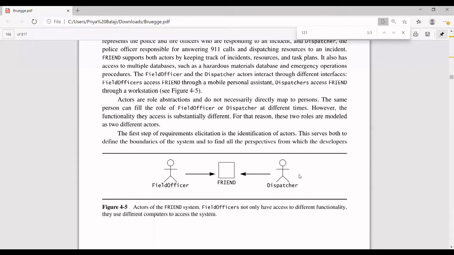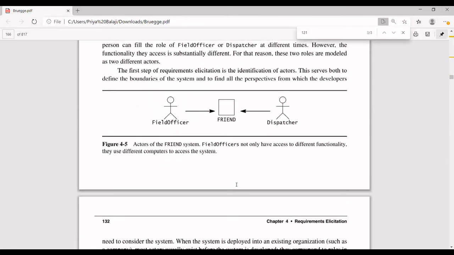And according to the incident, if it is a fire accident, then he has to allocate a fire engine as a resource. If it is some other road accident, according to that he has to intimate an ambulance. Like that, the dispatcher has to allocate the resources using the information which is already filled inside your FRIEND function. So once you have collected the requirements from the client, the first thing you have to do is define the actors, who is the external person who is going to use your system, who is going to use your project. That is the first thing you have to decide.